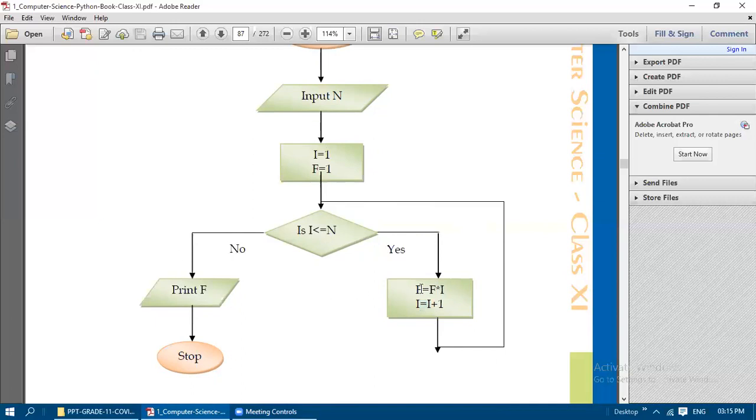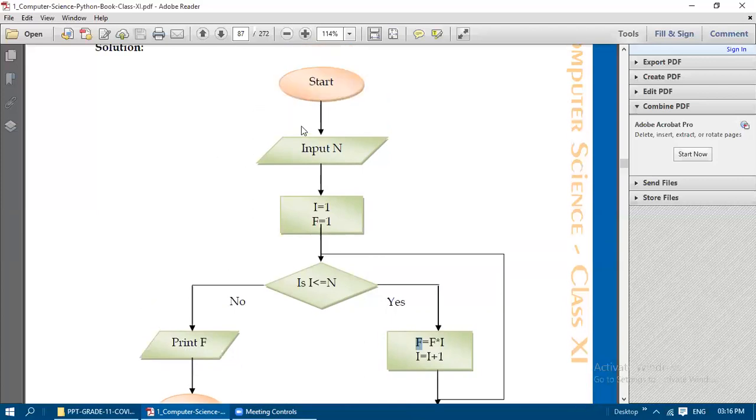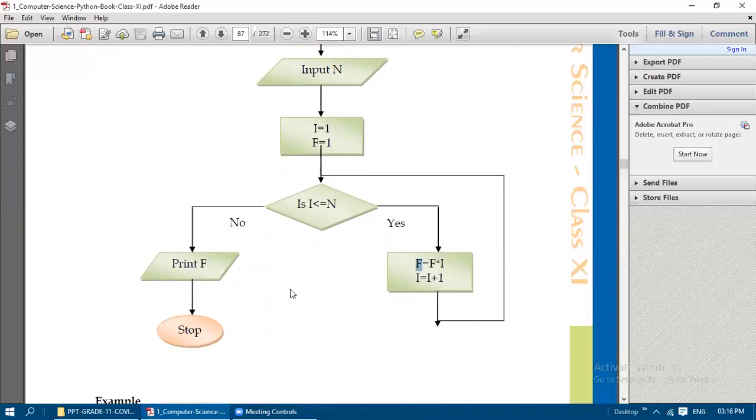So what is the latest value we got for f? It is 120, so 120 is getting printed. Now we are stopping the process. Like that, we need to assume the logic, and according to that we need to draw the flow lines and the other symbols. If you draw the flow lines wrongly, for example, instead of connecting this arrow to here, if you connect the "no" arrow to stop, then the entire process is wrong. The entire flowchart is wrong according to the given question.